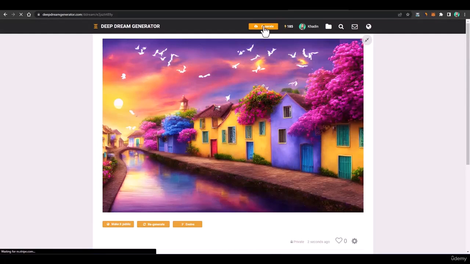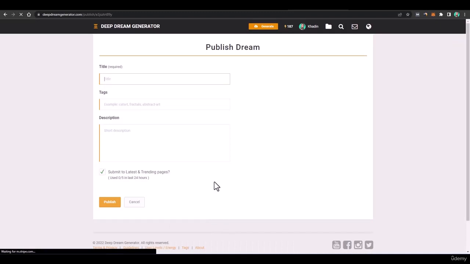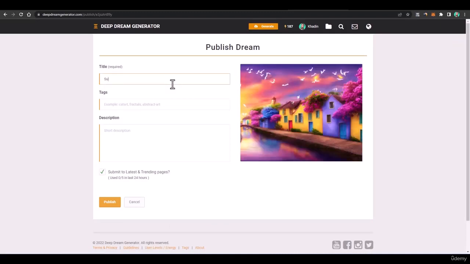Now I'll again generate this. Oh my god, I just forgot to make it public, so I'll just make it public. And now I'll add sunrise, I'll say colorful sunrise in flowery town.